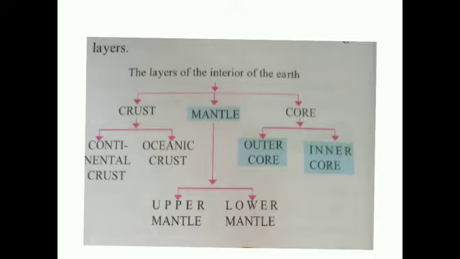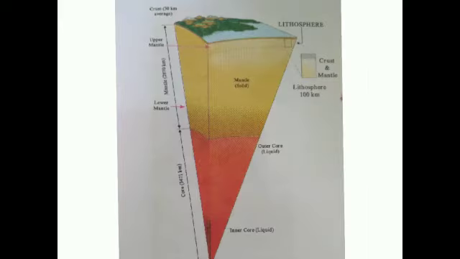The crust is the thinnest of all layers when compared to the mantle and core. Crust is divided into two sublayers. First one is continental crust and second one is oceanic crust. I'll show you a figure of the crust. This is an image showing Earth's interior. You can see the uppermost layer is crust. They have written there 30 kilometers average, the green and blue color, which is known as crust. And the crust is divided into two parts, oceanic and continental.